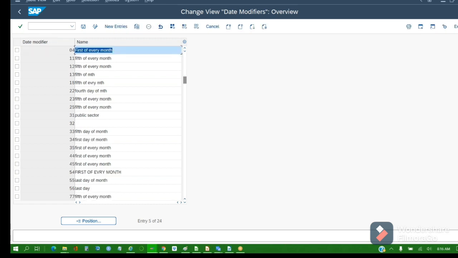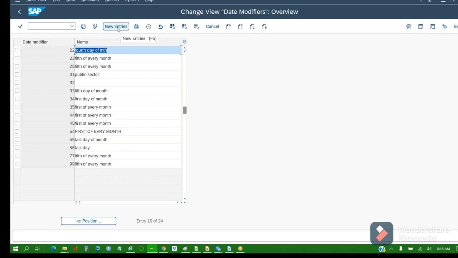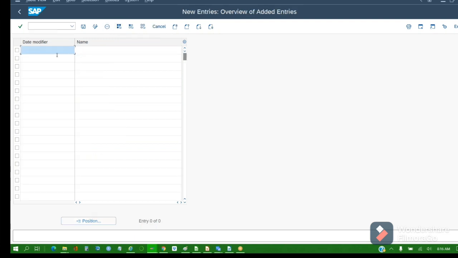When salaries are paid in the USA, it depends on the company, or on the contract, or whether it is a contract employee or a permanent employee. All these things are different. So would you like to take any standard one or would you like to define a date? First of every month, or fifth of every month, or what? First will be fine. So go to the new entry, press F1 there, date modifier.